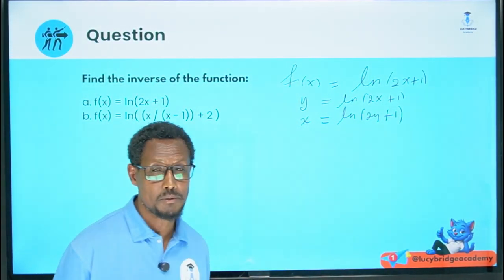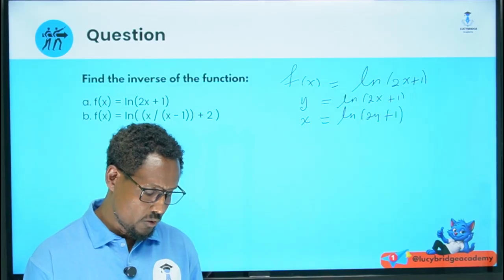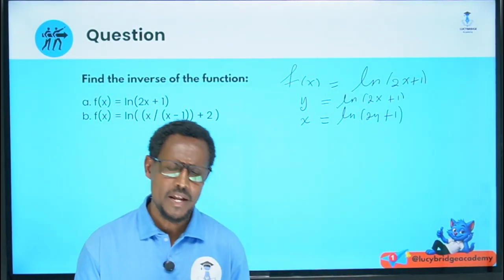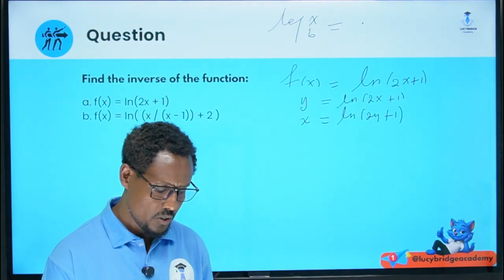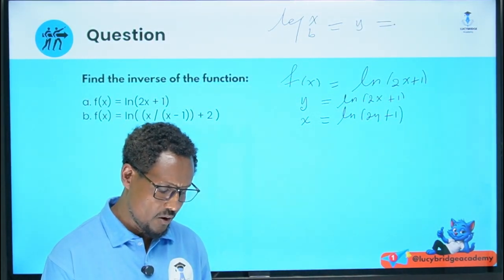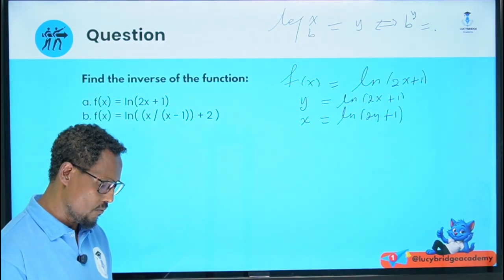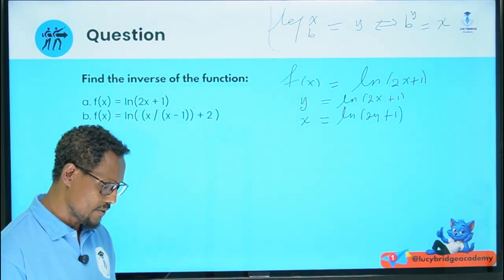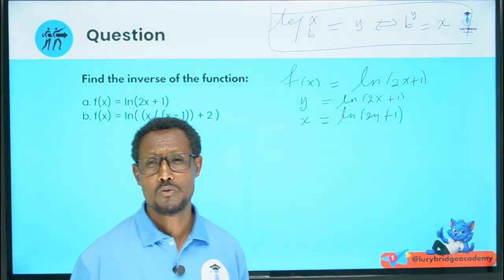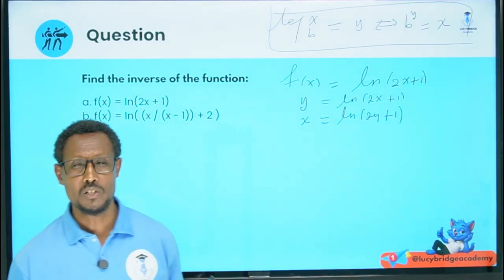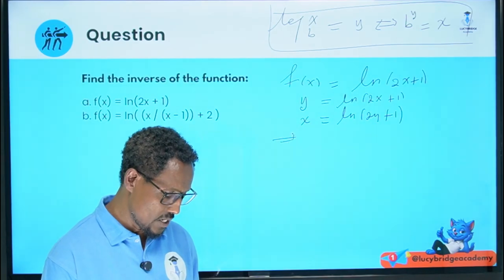Okay, write y in terms of x. This is a logarithm function, so we have to change it to an exponential function. As you remember from grade 10, logarithm of x to the base b is equal to y if and only if b to the power of y is equal to x. All right, so logarithm function and exponential function are inverses of each other, or interchangeable, so we can convert one to the other form. So this implies, changing to the exponential form,